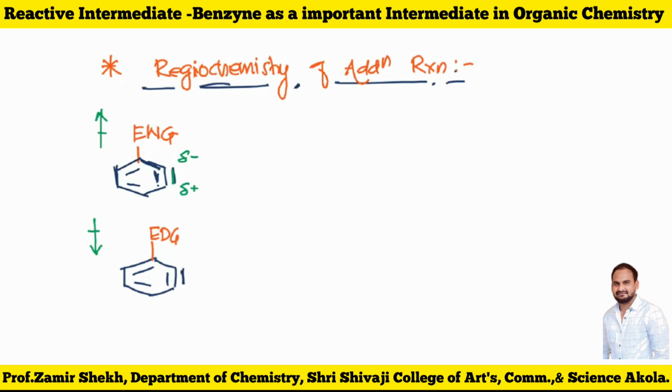In the donor, what happens now? You have an electron donating group. What is going to happen? It donates the electrons particularly to the adjacent position. So this bond is going to be shifted like this. If you see carefully, you will find that the charges are going to be: this will be positive and this will be negative. And now, based on the charges that appear on that molecule, the nucleophile is going to attack.